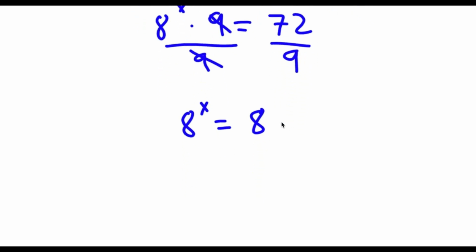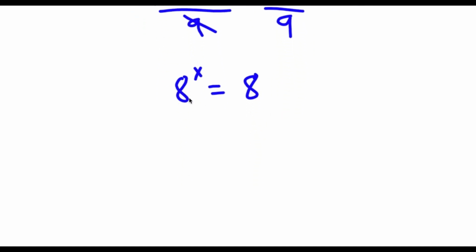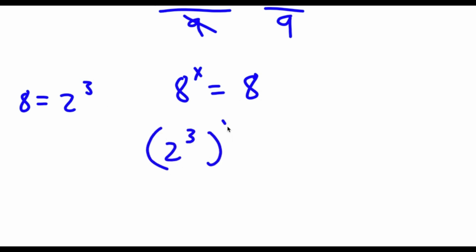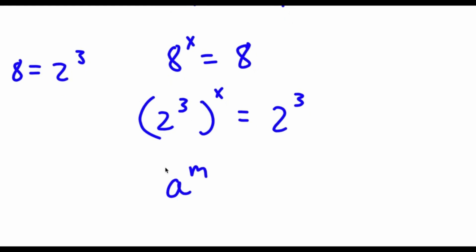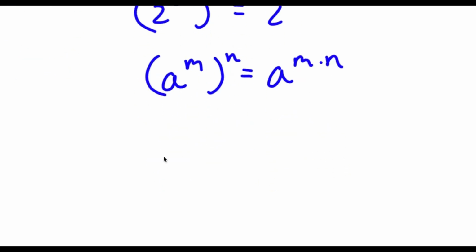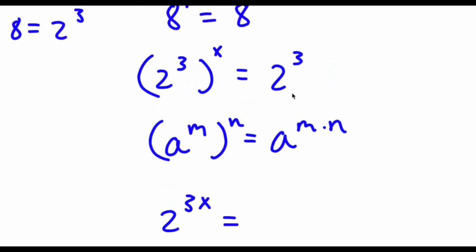Now, 8 here, this is the same thing as 2 to the power of 3. So if I replace 8 with 2 to the power of 3, I get 2 to the power of 3 to the power of x is equal to 2 to the power of 3. Now, if I have something in the form a to the power of m to the power of n, this is equal to a to the power of m times n. So 2 to the power of 3 to the power of x, that's going to equal 2 to the power of 3 times x, which is simply 2 to the power of 3x,